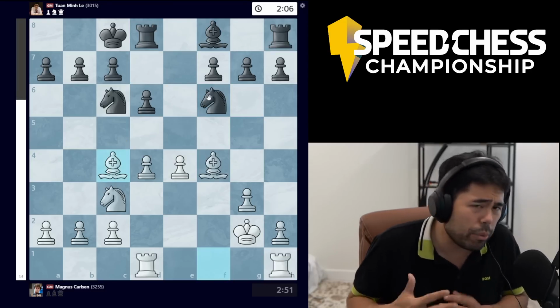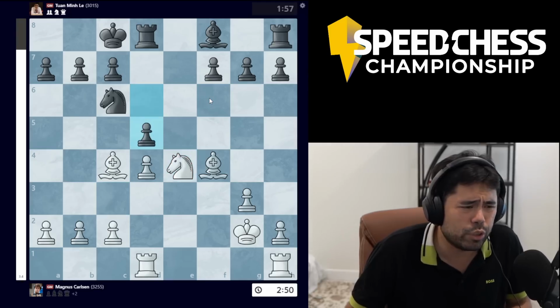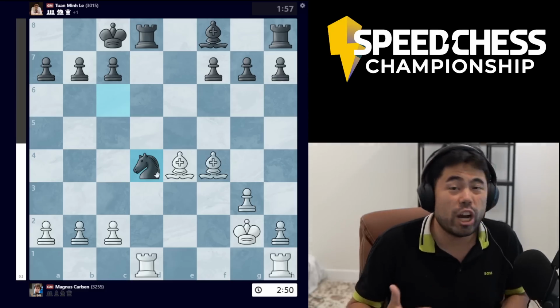So Minh probably feeling desperation here, being concerned. He plays the move knight takes e4 instead, but this is simply a blunder, because after knight takes e4 and d5, black is forking the bishop and the knight here. If white were to move the bishop after takes and knight d4, black can try to claim that he's in the game,